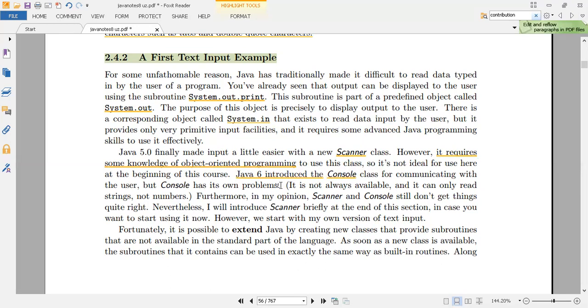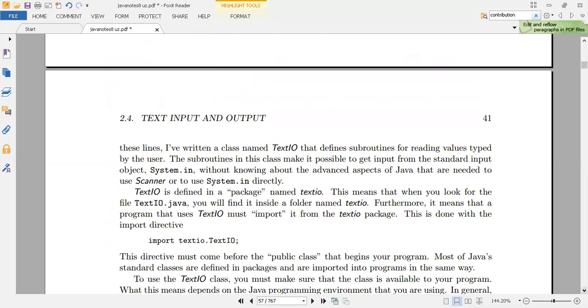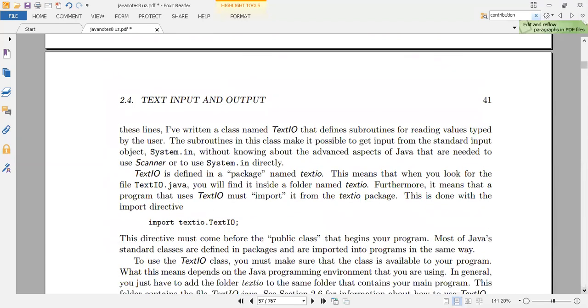But the book author just says that it has some problems. I want to talk about it because it's better to know why we are using it. Also, the author of this book has written a class named TextIO,